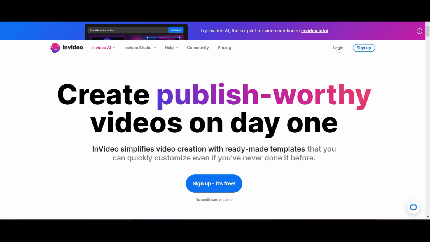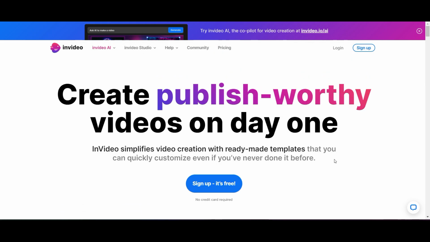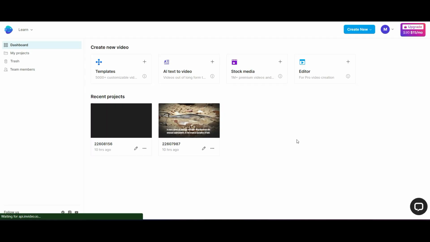And it's going to bring you to this page over here. This is the Invideo page where you're going to create an account and sign in. What's important to note about this is that there's the older version of Invideo that you will have available. It's freemium, so you'll have a chance to create a free account. But if you sign up and you join the Invideo, the normal login page,